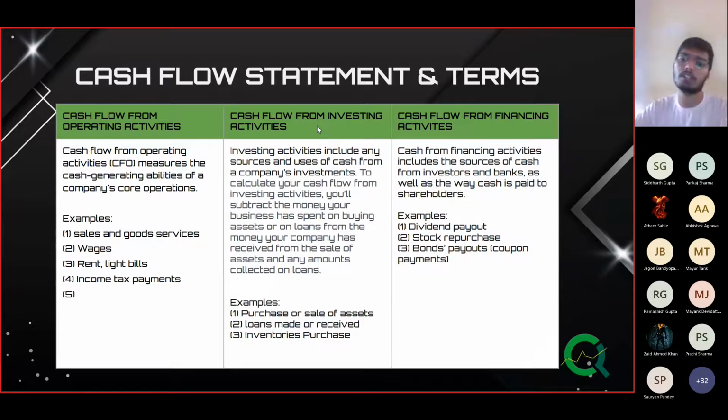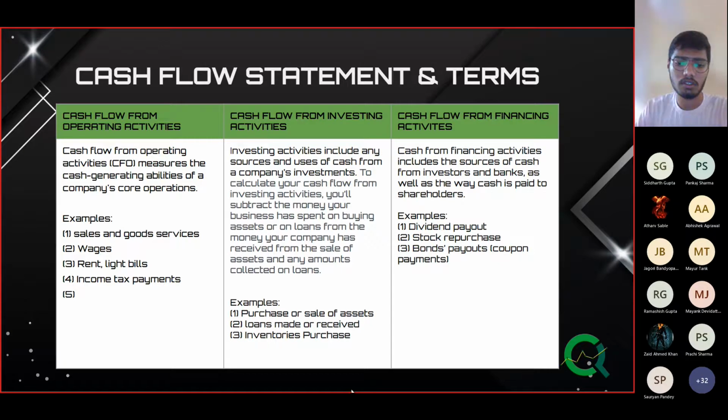Then there is cash flow from investing activities, which covers purchase or sale of assets. Now the company has some revenue generated and some money in reserve, and they don't want that money to sit idle, because idle money is wasted anyway. You should invest that money, right? So they will invest it in securities such as stocks or bonds. They prefer liquid securities, basically because they might need the money anytime.